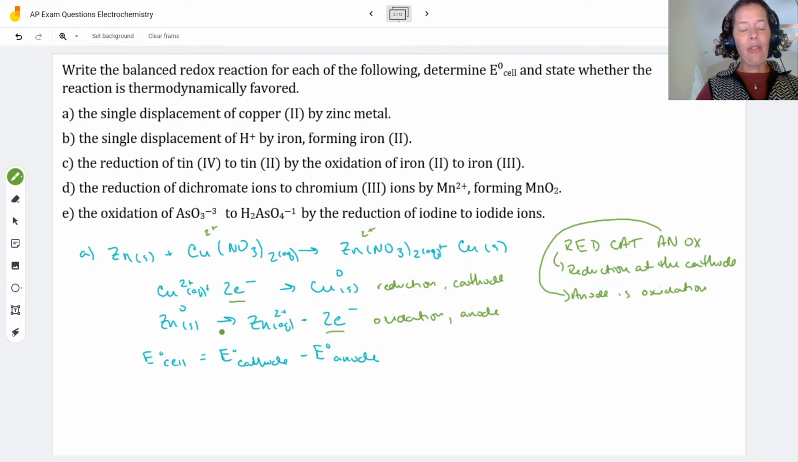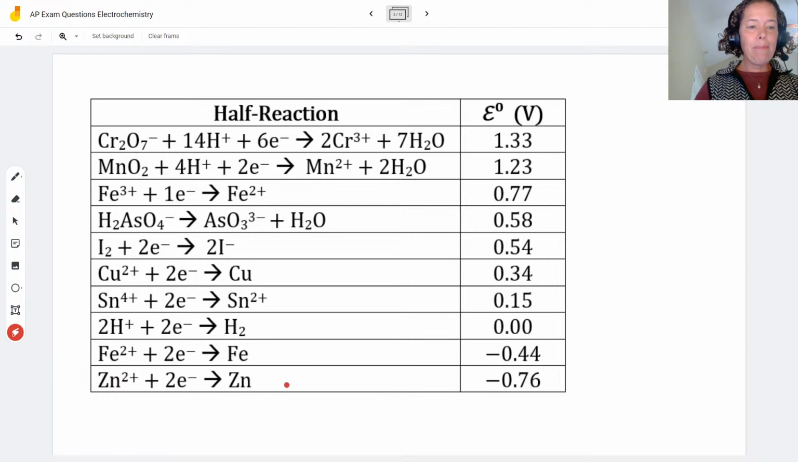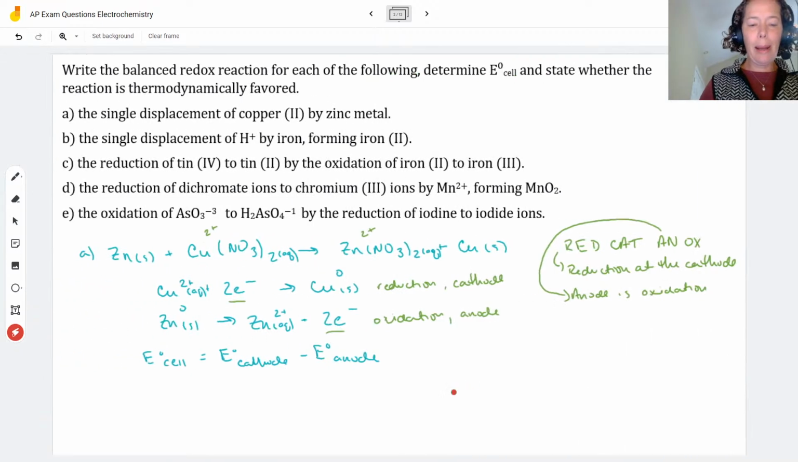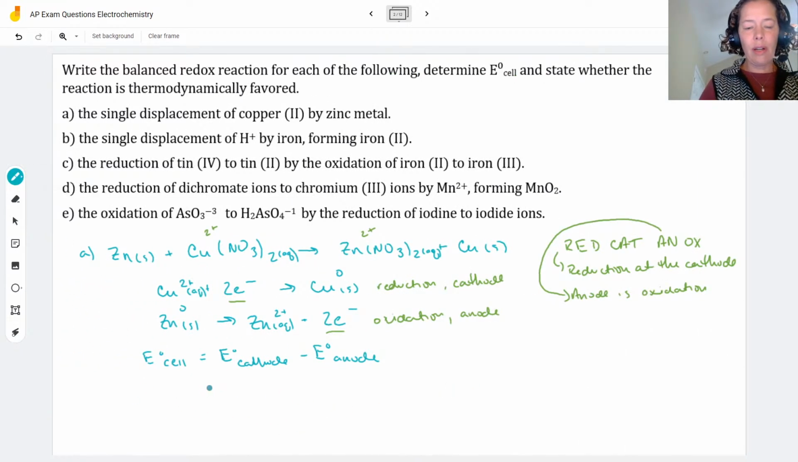So for our cathode, we need our half reaction for Cu2+ going to Cu. So we're going to take a look at our potentials here. Copper 2+, where are you? Here you go. So here is our reaction, that is our half reaction. Here is our voltage right here. So let me go back, and we're just going to plug these numbers in. So our E cathode is 0.34 volts